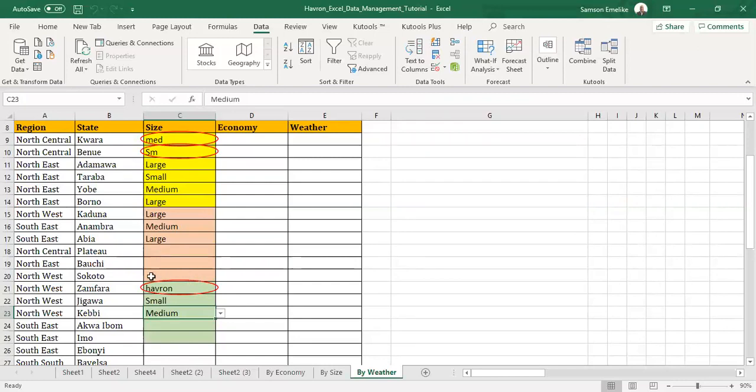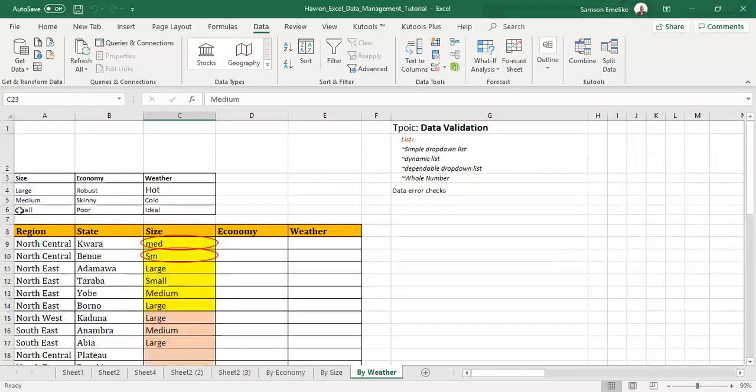And this is very, very important when you know that your data, for instance now, there might be a situation where a state may have something different from what you have set. Probably you are only limited to large, medium, and small. And then there might be another one, maybe very small. And very small is something that is well taken in that region. Maybe very small region is also recognized as a size. And so they have inputted